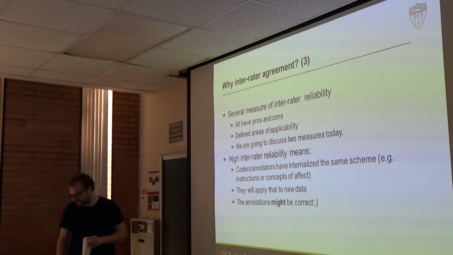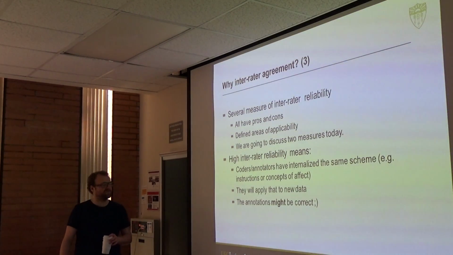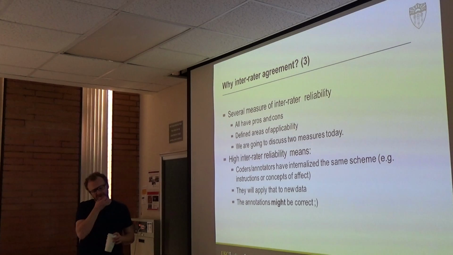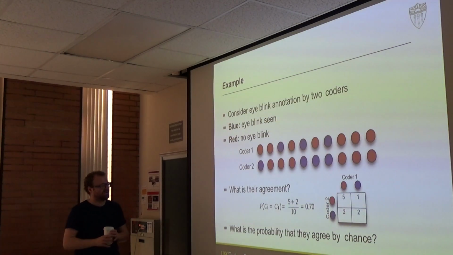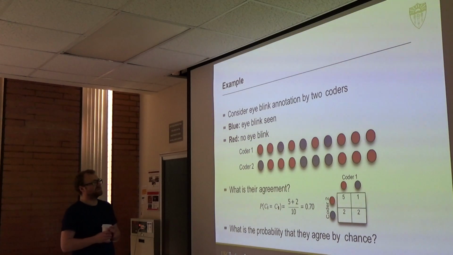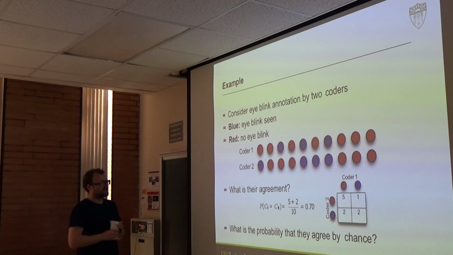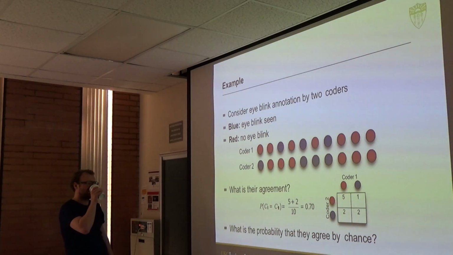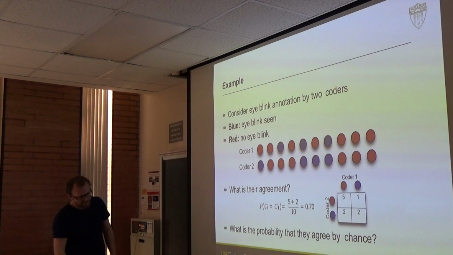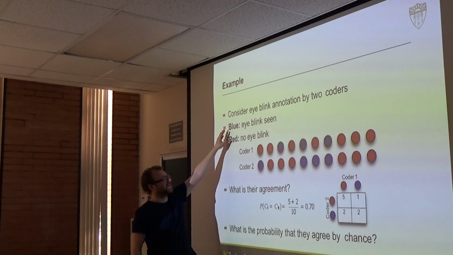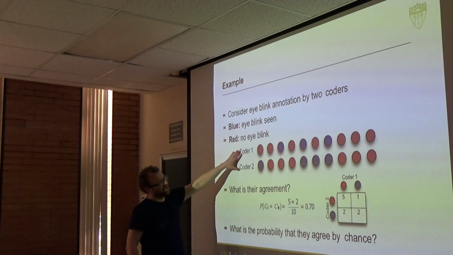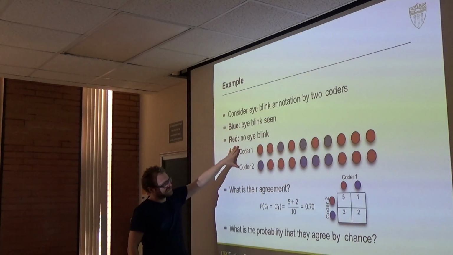And so we then started off to discuss a couple of ways to compute inter-rater reliability or agreement. The one that we started off with is Cohen's kappa, and in this case we had two examples: if in a picture there's an eye blink or no eye blink, two coders give us their